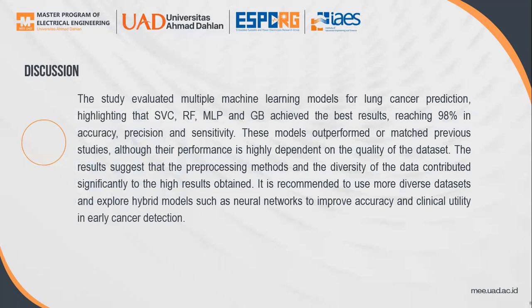The results suggest that the proposed methods and the diversity of the data contributed significantly to the high results obtained. It is recommended to use more diverse datasets and explore hybrid models such as neural networks to improve accuracy and clinical utility in early cancer detection.